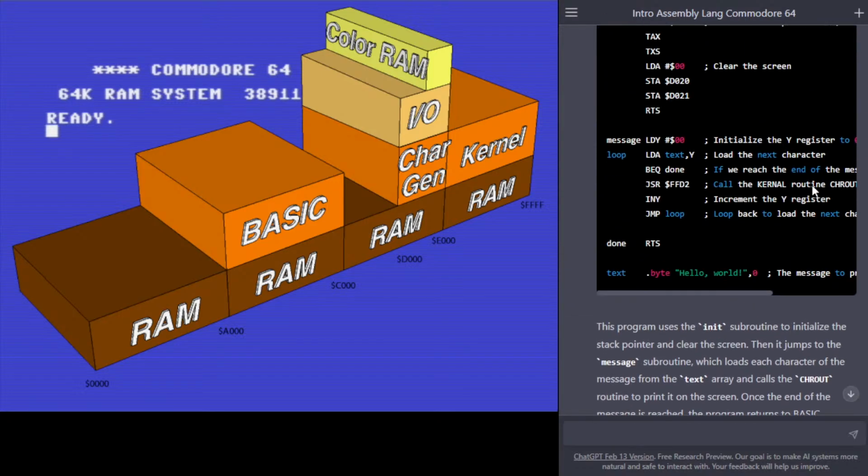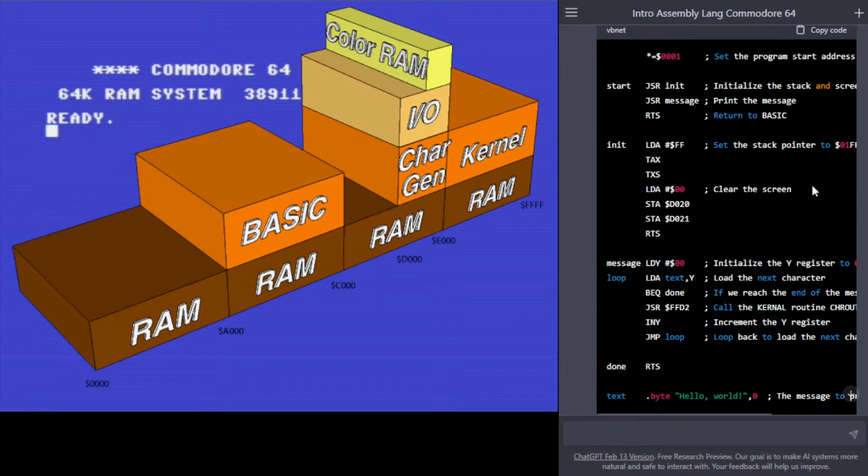Okay, so we need to get that value into the X. Okay, I see now what it's doing. The comment is for all three. So we load it into the accumulator. We move it from the accumulator into X. Then we move it from X into the stack pointer. There we go. Then we load 0 into the accumulator, and then store that 0 to D020 and D021. So we're loading 0 into both those things. Then we return from the subroutine,